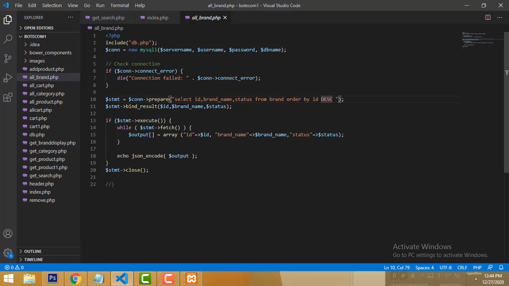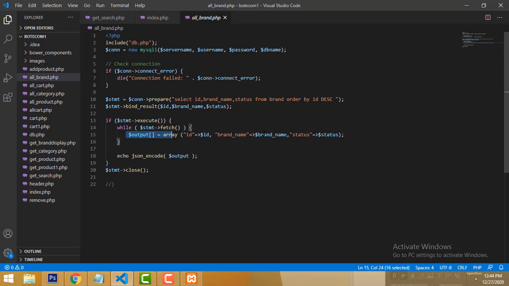So these are the columns. This is a table name, this is the ID, right? So we have set all the columns into variables like this. Okay, so all the data should be loaded and put into these variables as a bind result. This is the result we are binding. After that we have to loop it